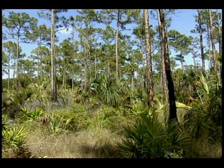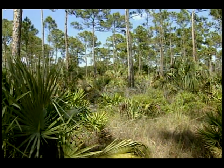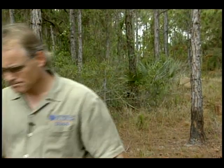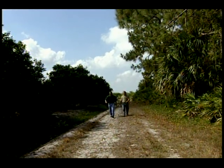Well, obviously one is seeing that they burn frequently enough. This gets very difficult in urbanized areas where you have urban-wildland interface. And the loss of habitat, of course. This is prime real estate for the development of South Florida. Pineland habitats throughout Florida have been converted to other uses, such as development and agriculture. We need to consider, however, the role of agricultural complexes in providing habitat diversity and wildlife values throughout the Florida landscape. To give us an idea of the role that agriculture plays in providing habitat for wildlife, we're joined by